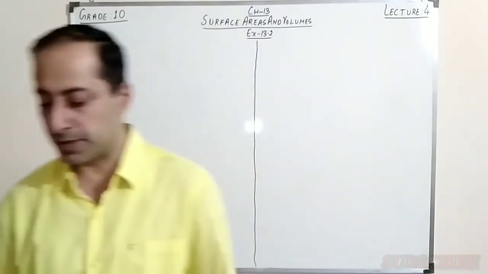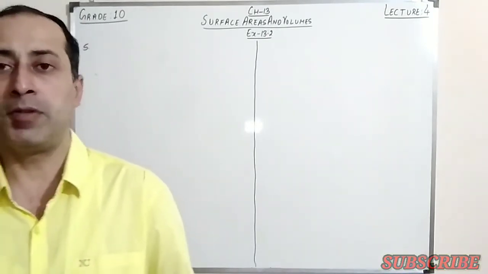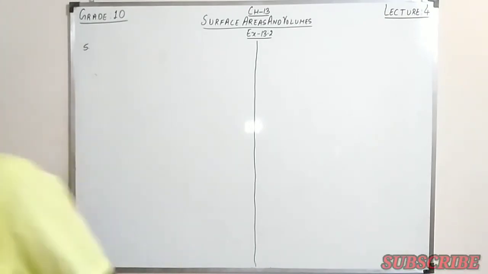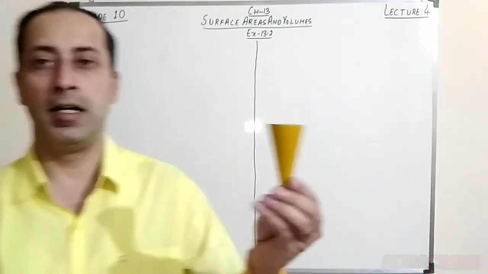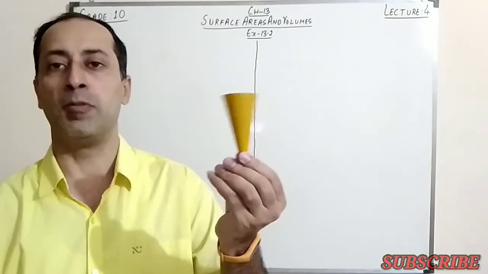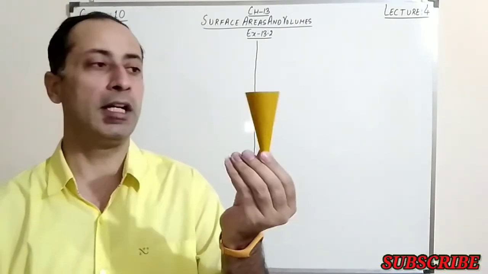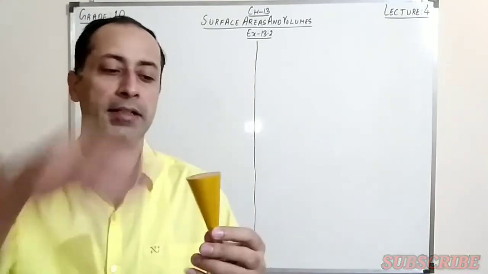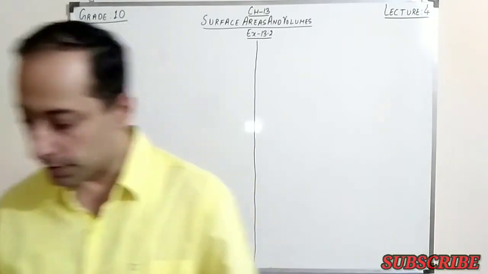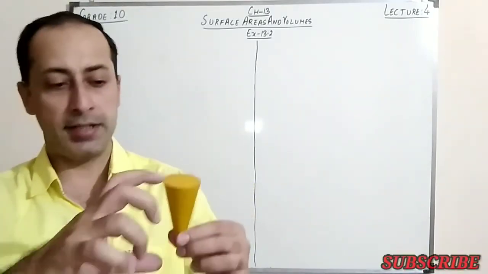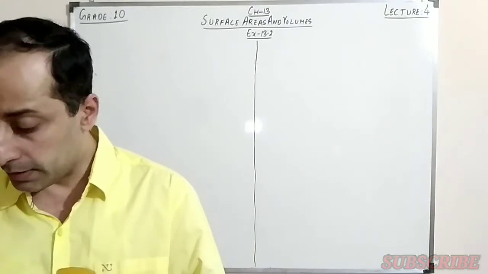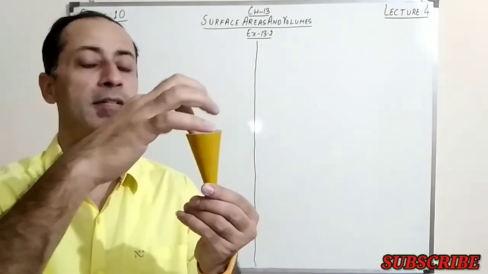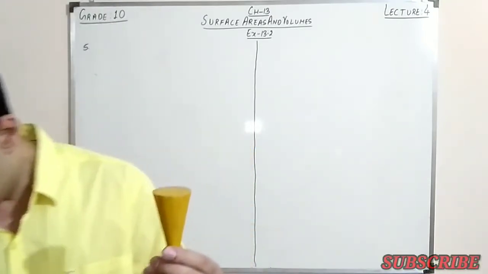Now in question number 5 it is given a vessel is in the form of an inverted cone, actually something like this. So you can see this is the shape of a cone, and this is an inverted cone. This thing in my hand is solid, but the thing given in the question is hollow and filled with water. Its height is given as 8 centimeter, and the radius of the top, at the moment this is the top, is given as 5 centimeter, right?